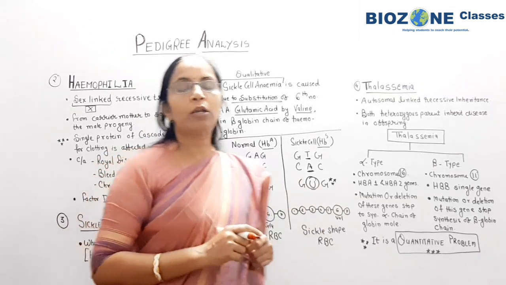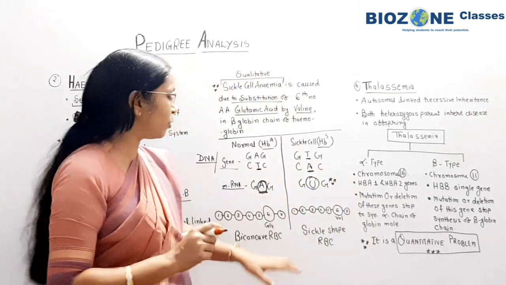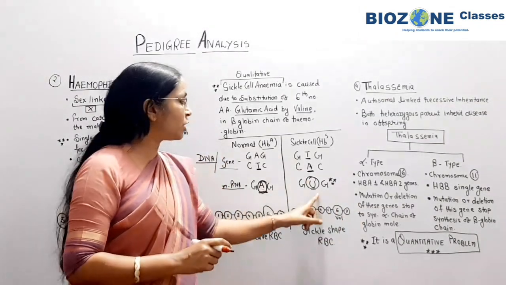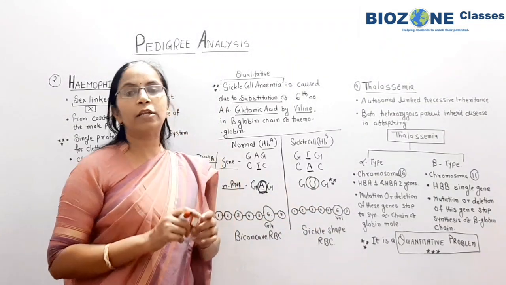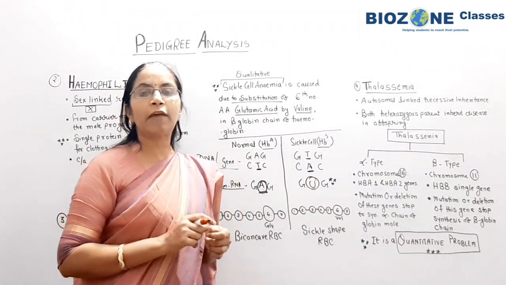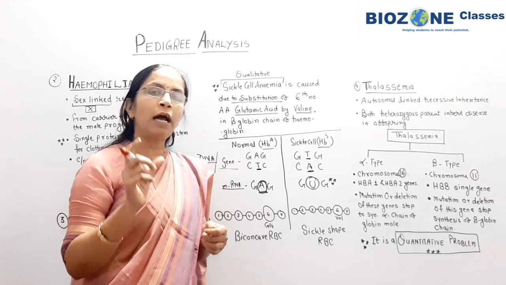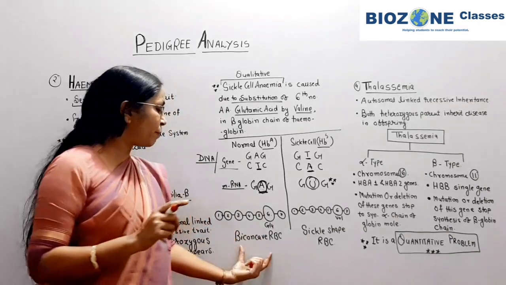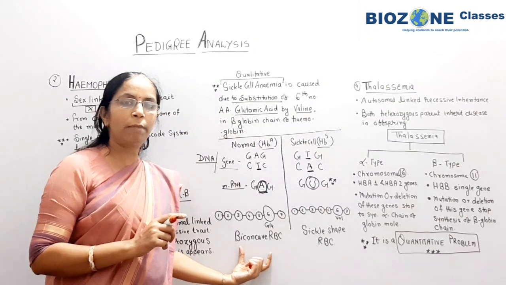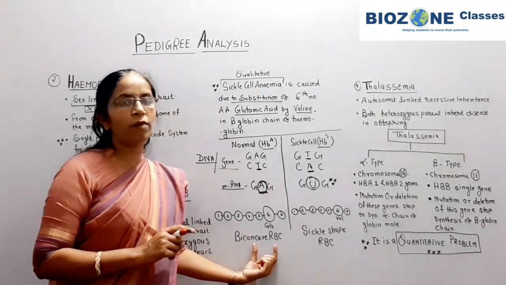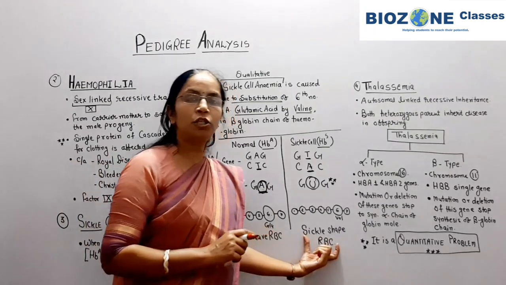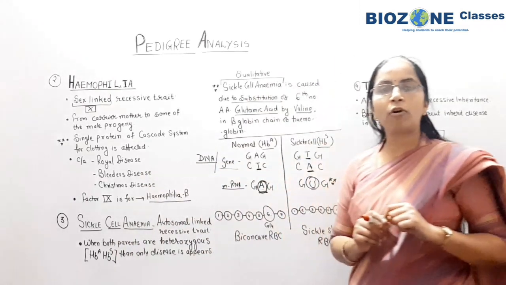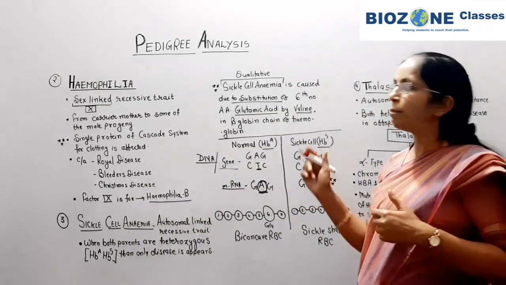तो instead of glutamic acid किसका formation होगा? Instead of glutamic acid valine is formed, and as the valine synthesis takes place due to this base substitution, because of that you remember the oxygen tension is developed on the surface of RBC, and it results in the change in shape of RBC. Because of that what is happening? The normal biconcave shape है human में RBC का. So the biconcave shape of RBC आपका change किस में हो रहा है? Sickle shape RBC, and because of that the surface area for hemoglobin decreases, and the person becomes anemic.